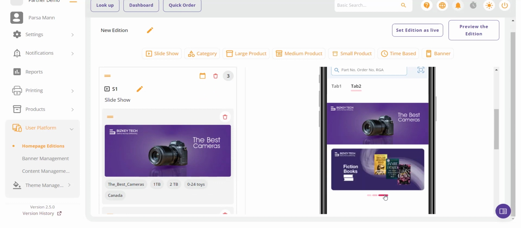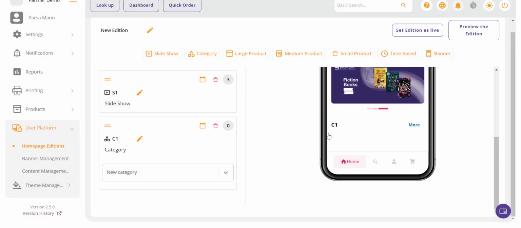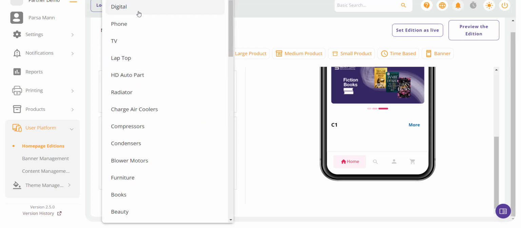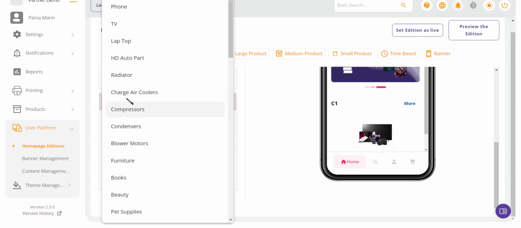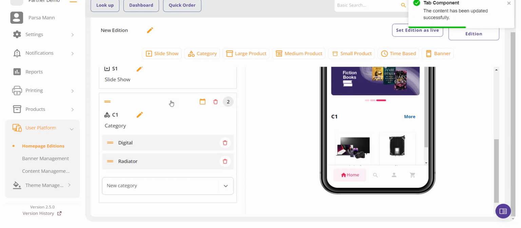Now let's add a category component to the tab. Now we need to choose categories from the drop down menu and save the changes. For example, we can do digital radiator. The more button on the preview screen next to the component will take the user to the category list of